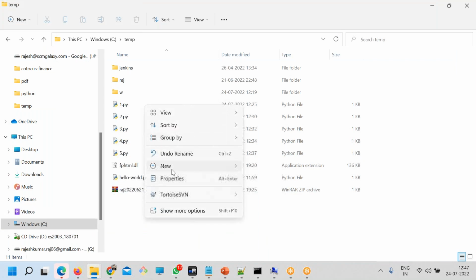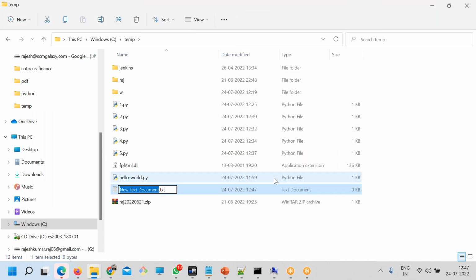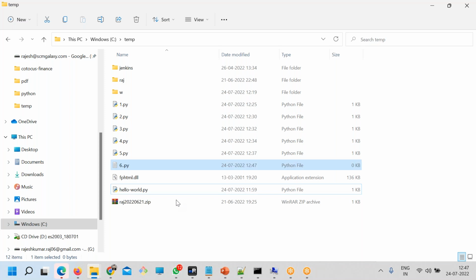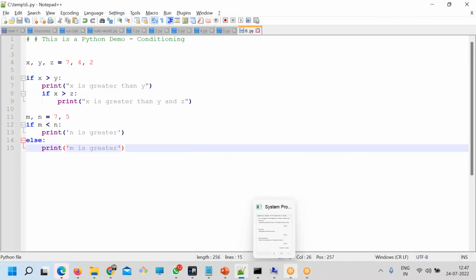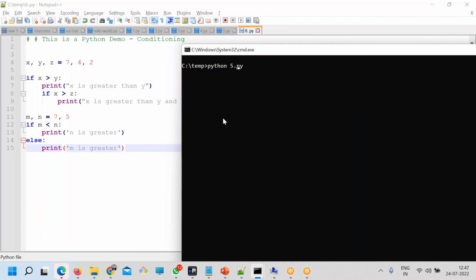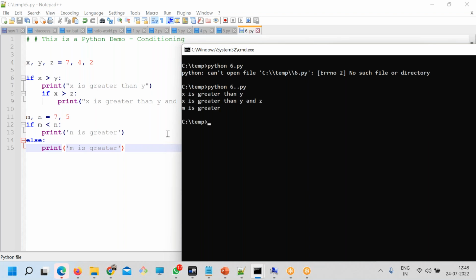6.py, my mistake. See, so match this. x is greater than y, of course, and x is greater than y and z, of course.